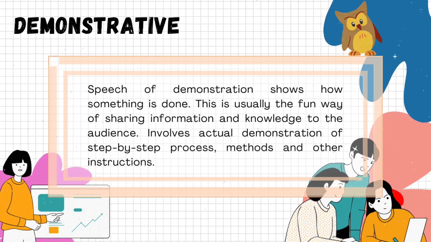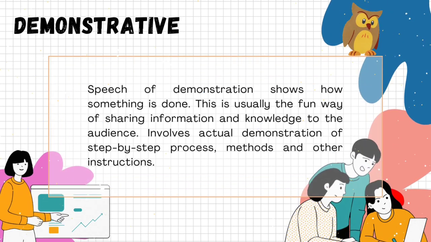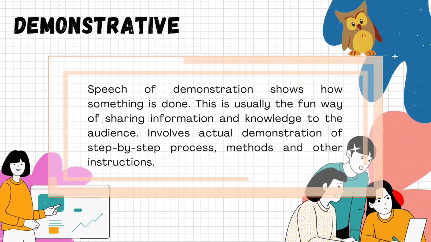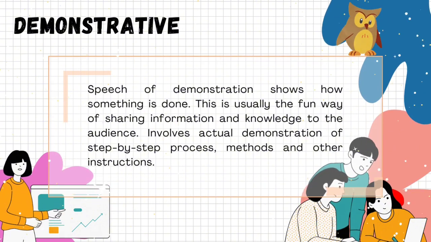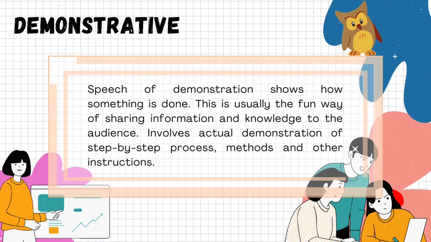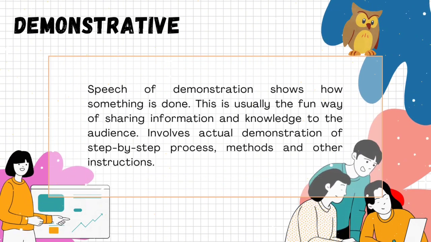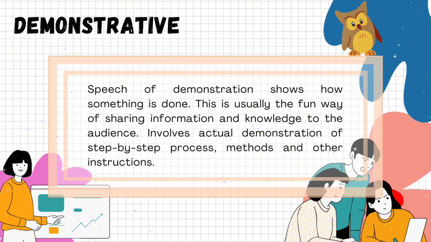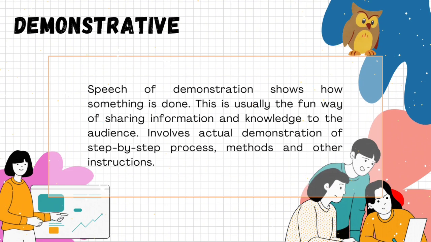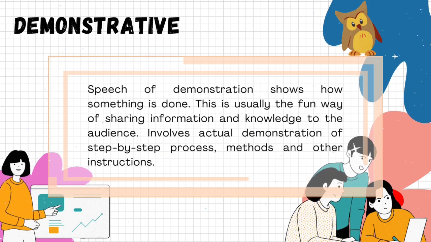Second, consider your audience. As always, it's important to consider your audience's interest and expertise. For example, if you're giving a speech to basketball players, you won't teach them how to dribble. It will be more interesting for them if you teach them how to easily do a 3-point shot. And third, build your speech step by step. You need to teach step by step for your audience to learn. You need to assume that your audience is totally unfamiliar with the topic.